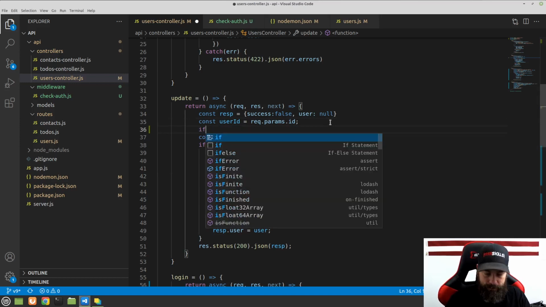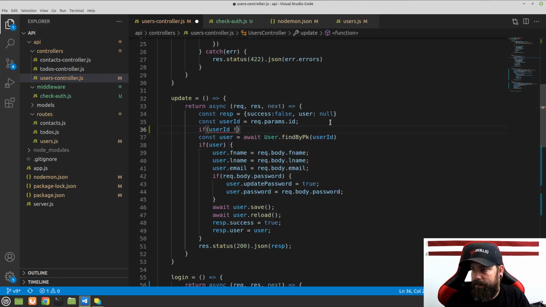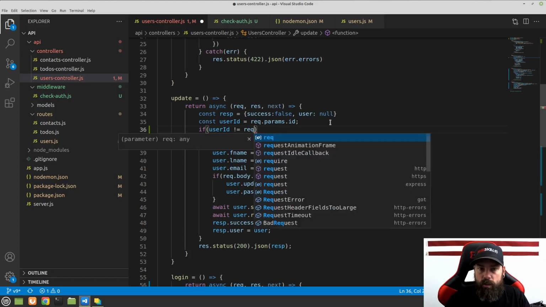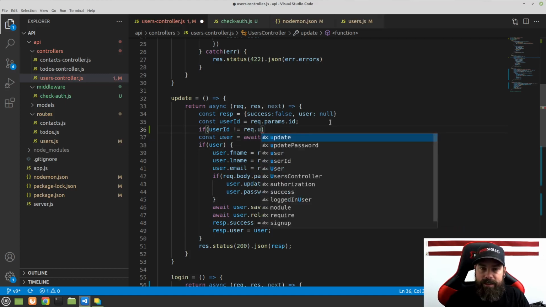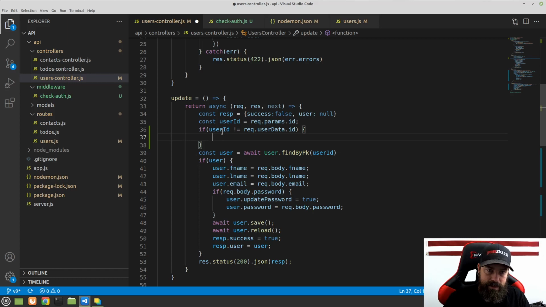We're going to say if userID does not equal request dot, now remember we just added this user data in the middleware, userData.id. So if the token ID does not match the user ID they're trying to update here,